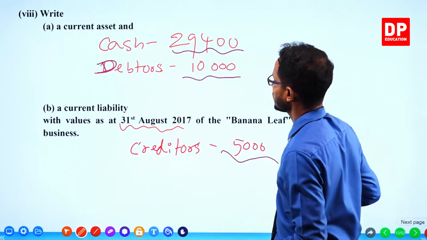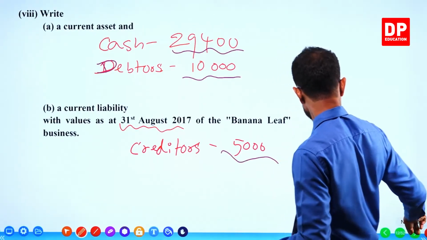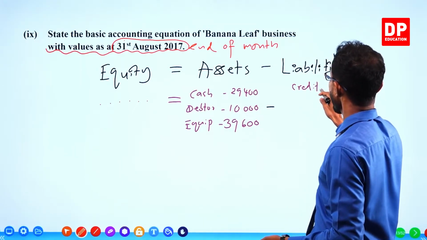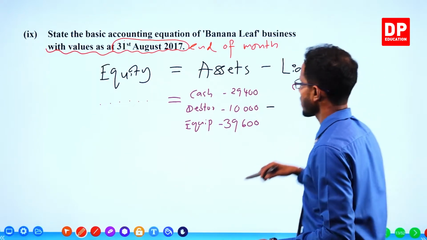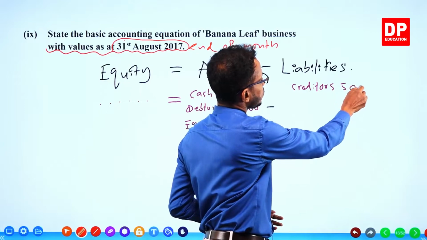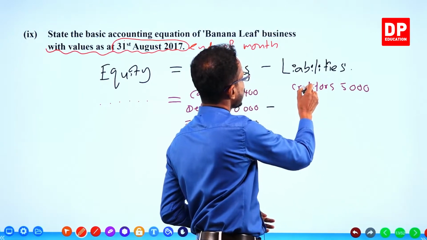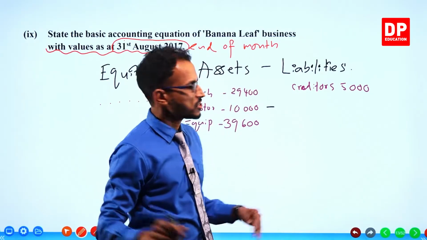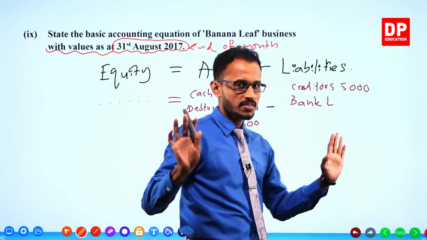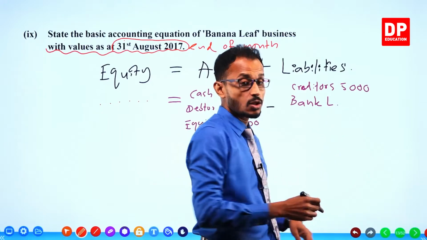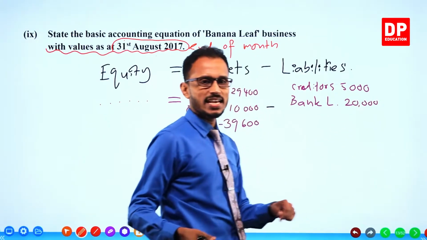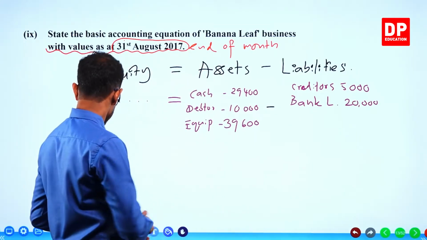We looked at everything, and the creditors 5,000. Bank loan: there is nothing mentioned about repaying the bank loan. It has not happened. So bank loan, the entire 20,000, we must take. Now we can